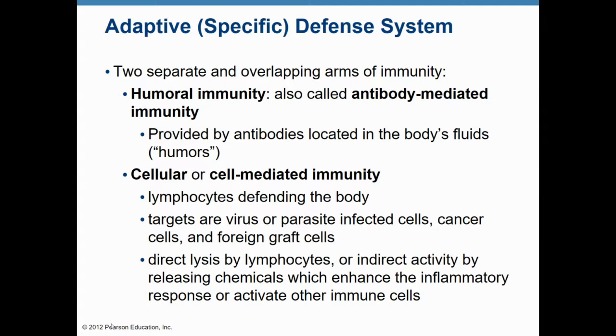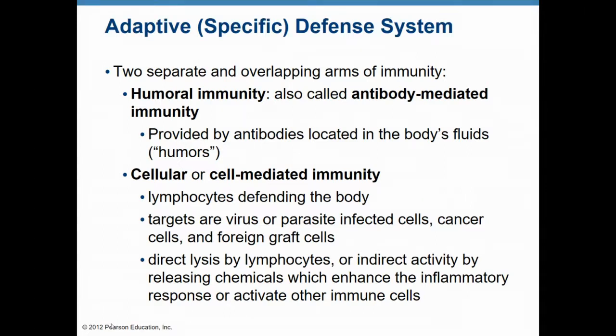Then we have cellular or cell-mediated immunity. And this is when the lymphocytes are directly defending the body. In our cellular or cell-mediated immunity, we're going to target the virus or parasite-infected cells. So these foreign agents have gotten into our normal body tissue cells. It also targets cancer cells, and it will also target cells that have been transplanted. So if you ever have a liver transplant or if you have a heart transplant, right, the adaptive immune system is going to go looking for those non-self